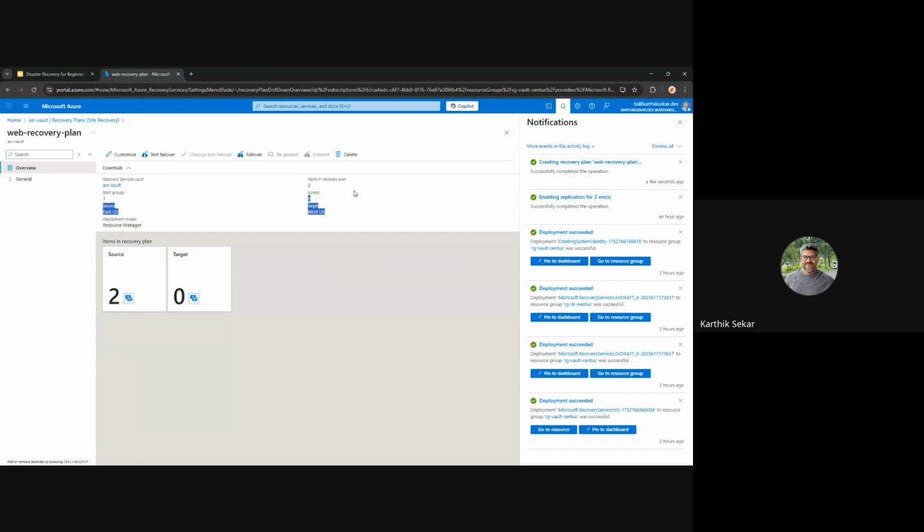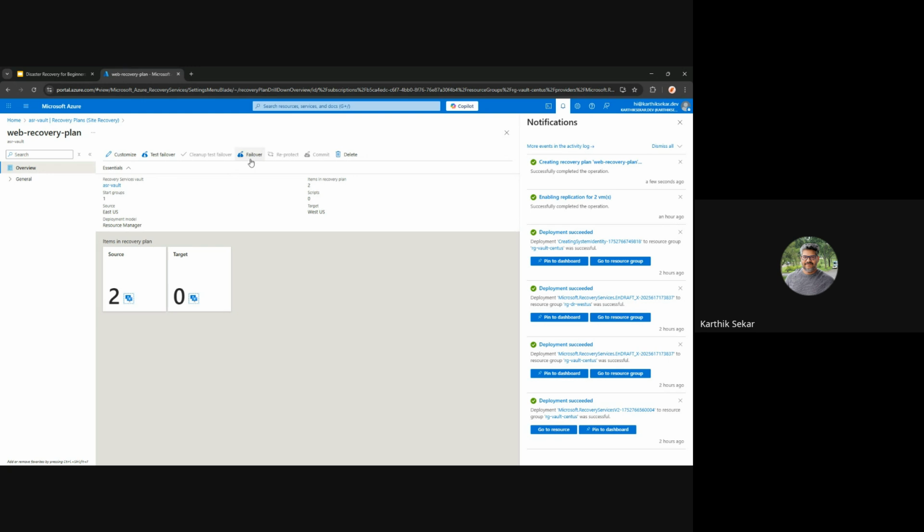Now, in this plan, as you can see here, it is already showing 2 VMs because we created under the vault, and under the vault, we have 2 replications. So it automatically picked them. And let's see the options that we have. So first one is test failover, and another one is failover.